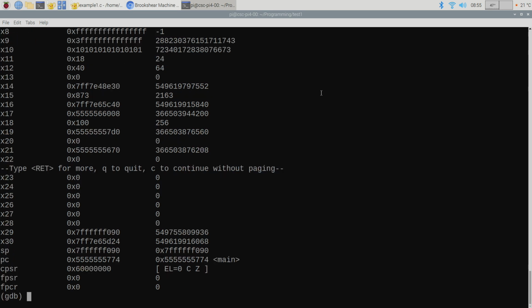Now right now, there's nothing special in any of the registers, but there are a couple registers I want to point out. Notice a bunch of them have zeros in them. Some of them have numbers that just seem sort of random. There are a couple of special registers on this architecture. One of them is called the stack pointer, and we'll talk a lot about that. The other one is called the program counter. Well, we've seen the program counter, right? That's something that exists in the Brookshear architecture. What does the program counter do in the Brookshear architecture?